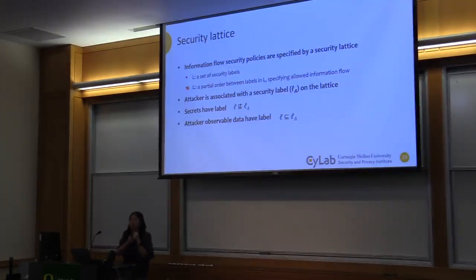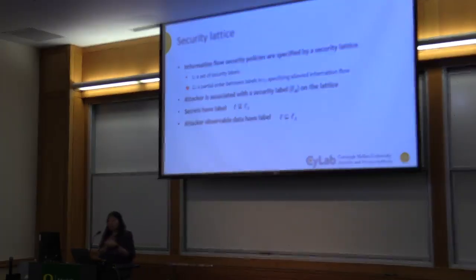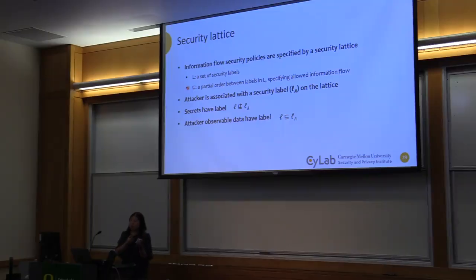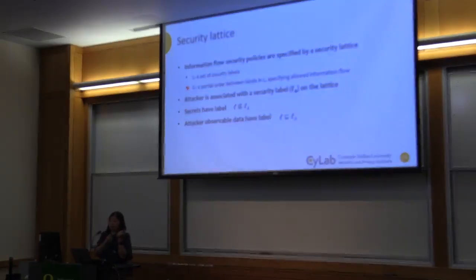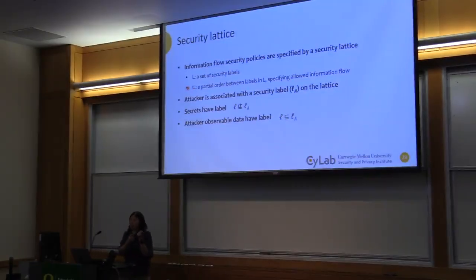They have this arrow, so now we have a partial order. What's less than the other? In terms of secrecy, if I say A is less than B, it means A is less secretive; it can be viewed by more people than B. For integrity, A is more trusted than B. Now, typically in this model, an attacker is associated with a label. They were given a clearance in the old terminology. So the attacker can interact with the system bounded by the label they are given.